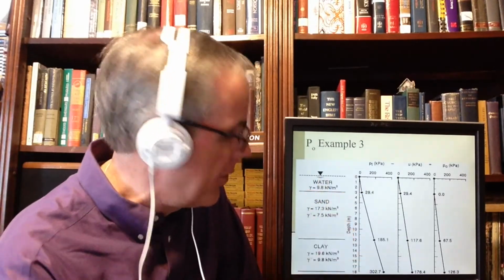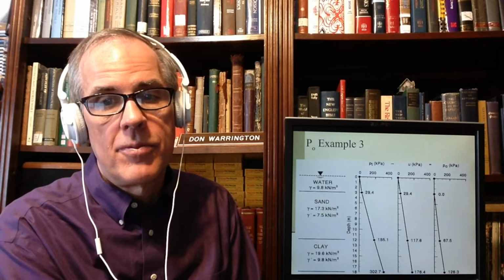But how do we deal with it? Well, we start at the surface of the water. And we say that the total stress is equal to the weight of soil, water, or the combination thereof, times the depth. And that's exactly what you've got here. This first one, the total stress, is equal to the unit weight of the water, which is 9.8 kilonewtons per cubic meter in the SI system, times the depth, which in this case is 3 meters. You get 29.4. Well, guess what? That's also the pore water pressure,